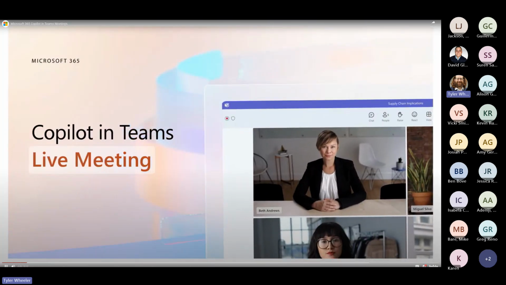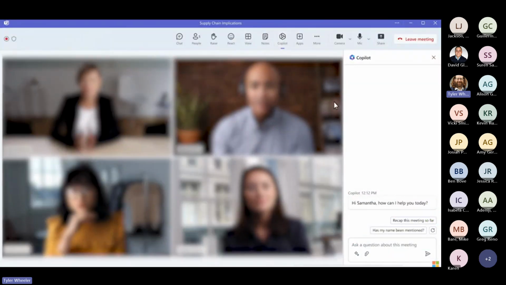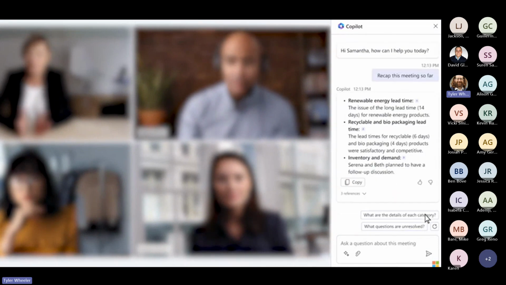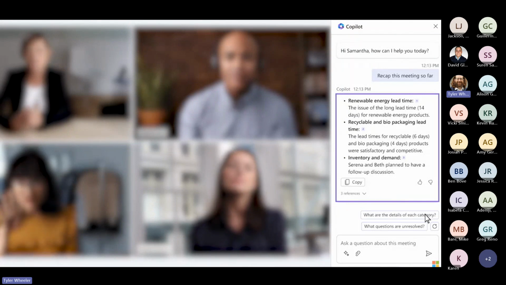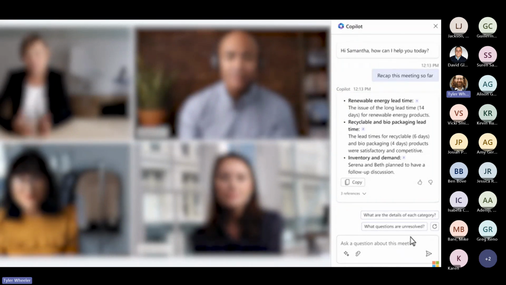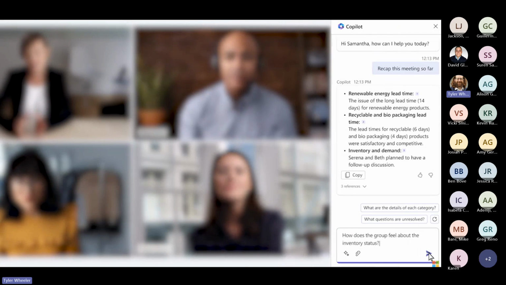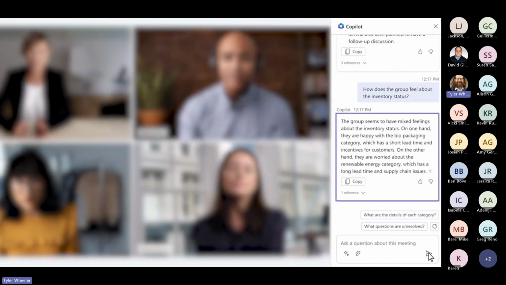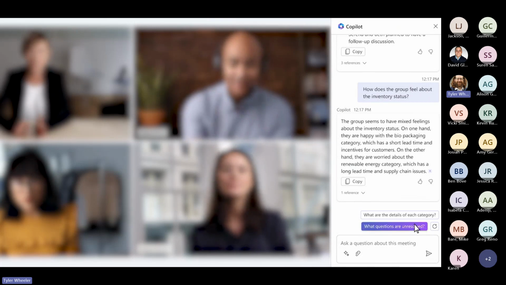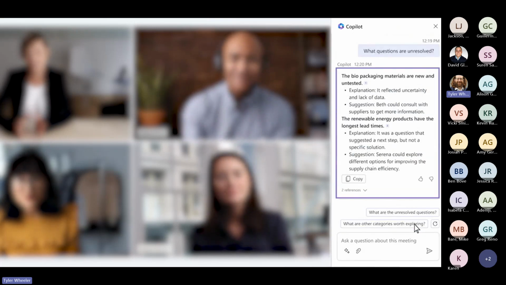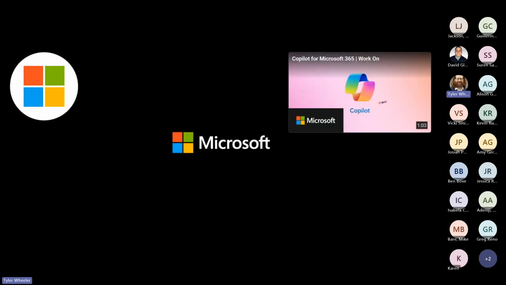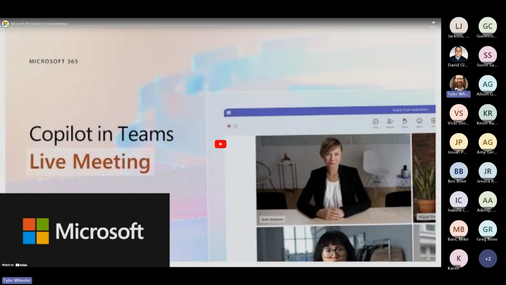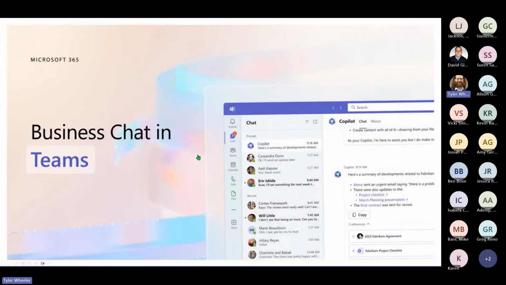Copilot in Teams makes every meeting a productive one. Here, you're in a meeting with your team. You can ask Copilot to summarize what's happened so far. Copilot summarizes who said what and what points were made, capturing the spirit of the discussion. And as the meeting progresses, you can check in on where people stand. You can even ask Copilot what questions are unresolved. It is just amazing to see this happen in real time during a meeting. Copilot in Teams makes